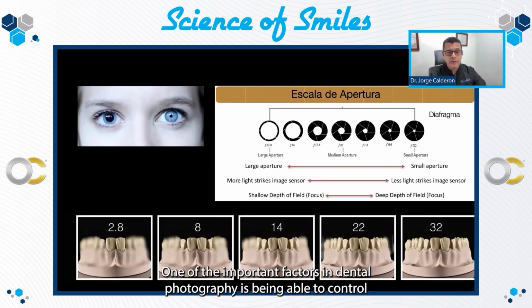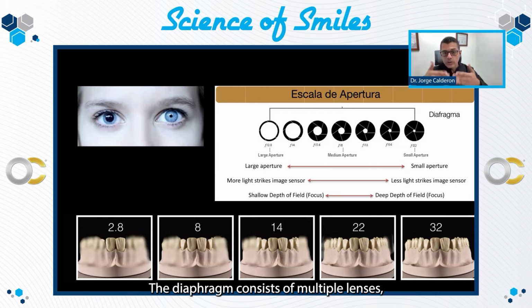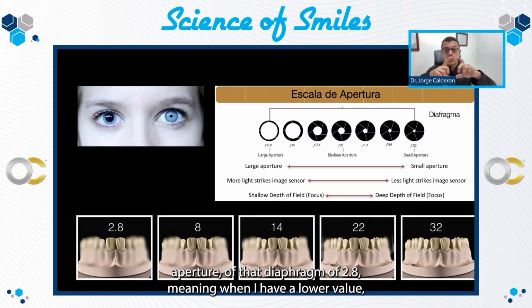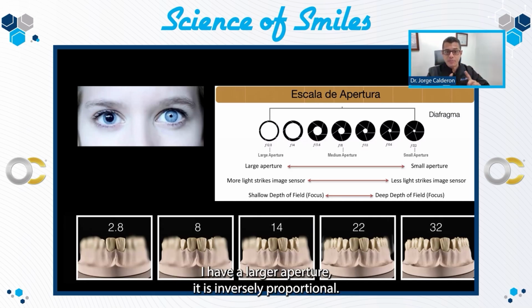One of the important factors in dental photography is being able to control three variables, as we will see shortly. One of them is the aperture, which is what we are going to talk about at this moment. The aperture is determined by a structure inside the camera called the diaphragm. The diaphragm consists of multiple lenses, which are what you see there, that I can adjust according to my need. So as we see, a value, f in this case of aperture of that diaphragm of 2.8, meaning when I have a lower value, I have a larger aperture. It is inversely proportional. So when I have a smaller numerical value, 2.8, I will have the diaphragm almost completely